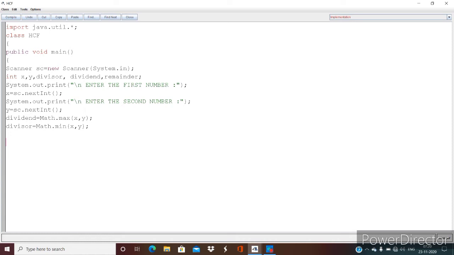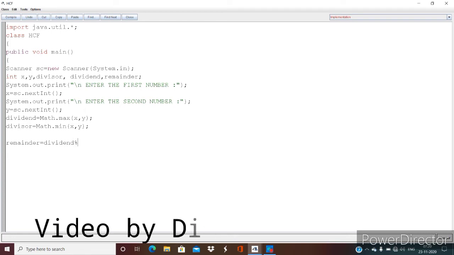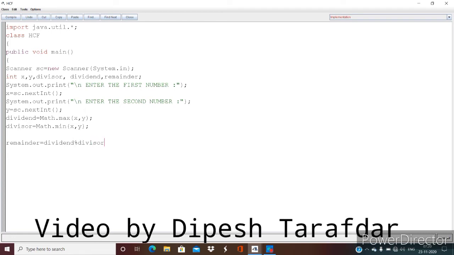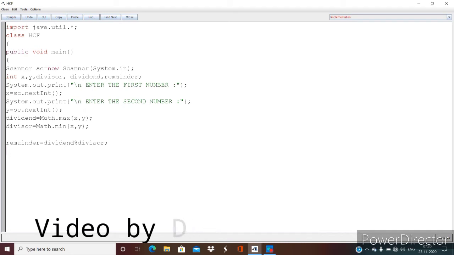The next thing is that we divide and get the remainder. So remainder will be dividend modulus divisor, to get the remainder. And if the remainder is not 0, what changes do we make? The last divisor becomes the dividend.